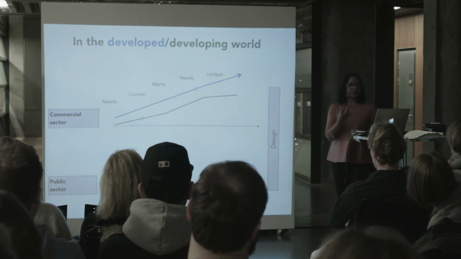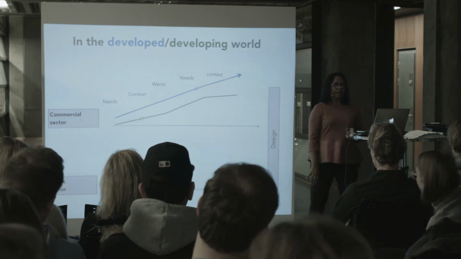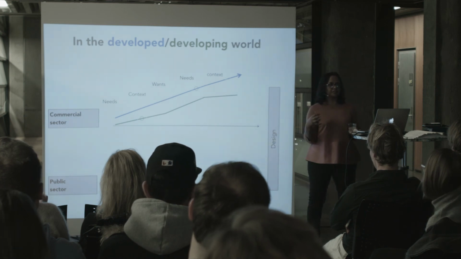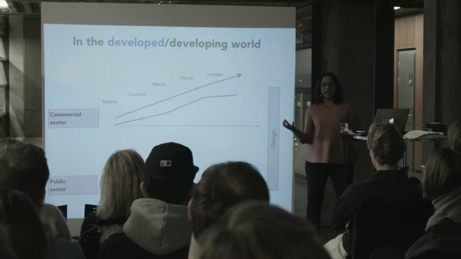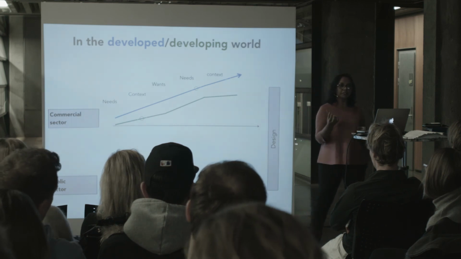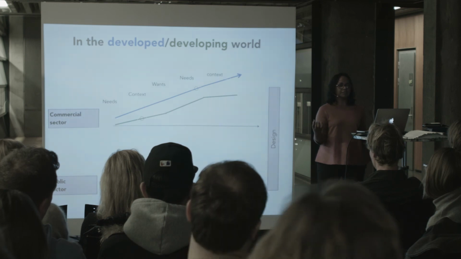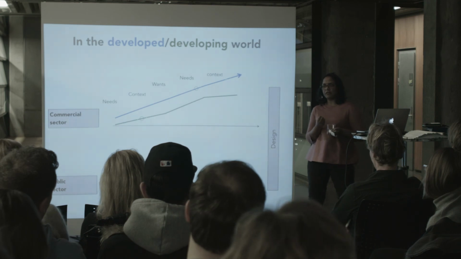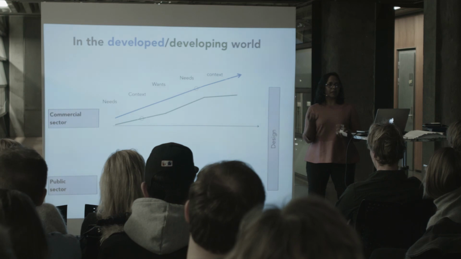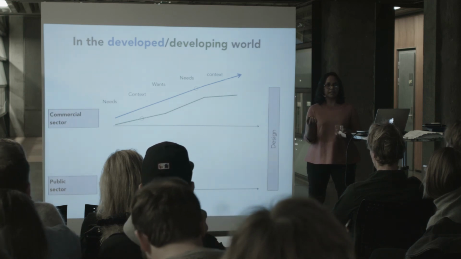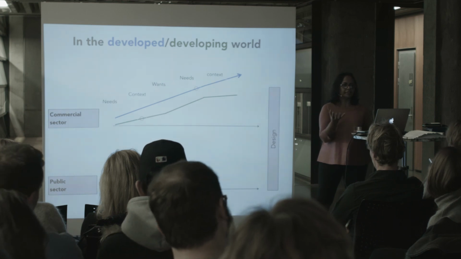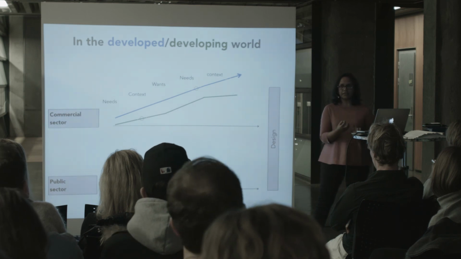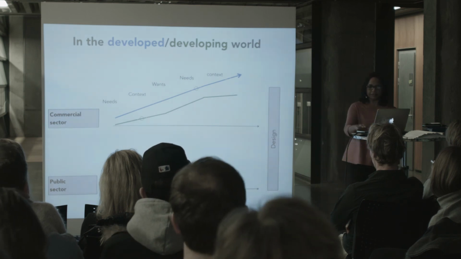When it comes to developing countries, they are really, really lagging behind in the use of human-centered design, because they are still at the level where they are trying to develop products that will satisfy the local needs. For example, in Uganda, there's a big, growing middle-class community. They have a lot of needs, but they don't have any products. Everything is imported. So what Design Without Borders is working on is seeing how, in the local communities, you can provide human-centered design so that products can meet the local needs. And at the same time, it can also stimulate the commercial sector, because that is a really big aid to developing those communities.